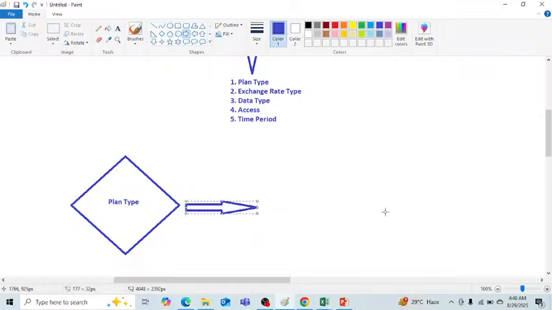So what is plan type? The plan type property links a version member to a specific planning queue. For example, if you have a financials queue and a workforce queue, you can set up a version member to work exclusively with one or both. A version can be enabled for multiple plan types, allowing you to have a single version like budget that applies